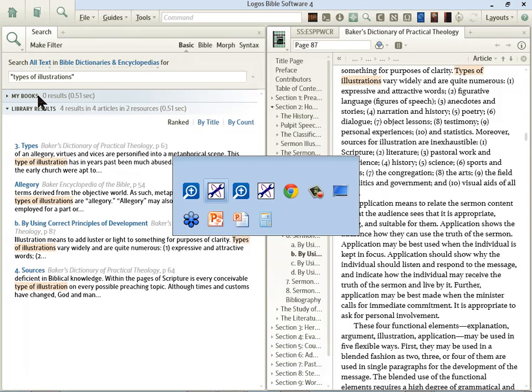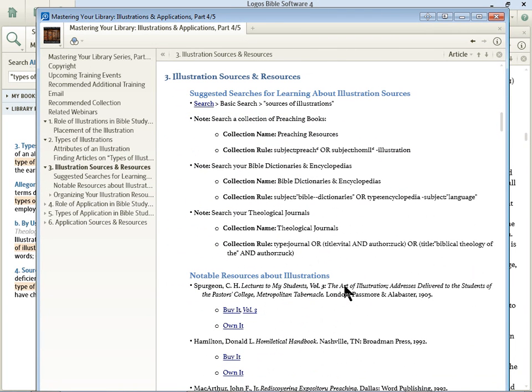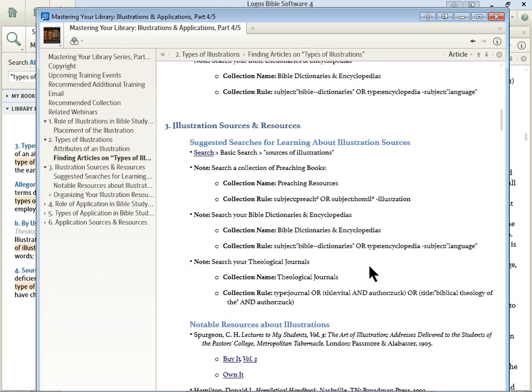Let's go back to the personal book now and go to our next section, which is illustration sources and resources. Now, I've put together for you a real basic search, sources of illustrations. Just so we can get this clear, we were talking earlier about types of illustrations. Now we're looking for the sources of those illustrations. Where are we going to find those types? So it's a little bit, with illustrations, you have this